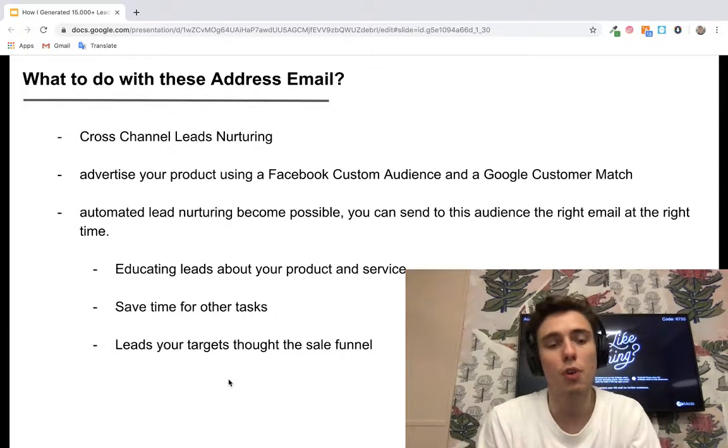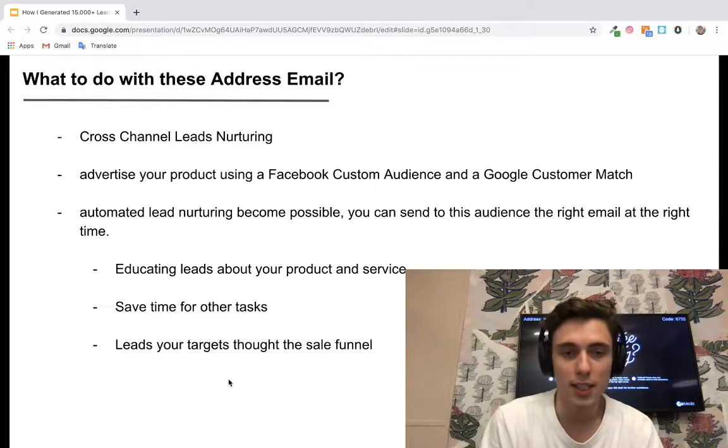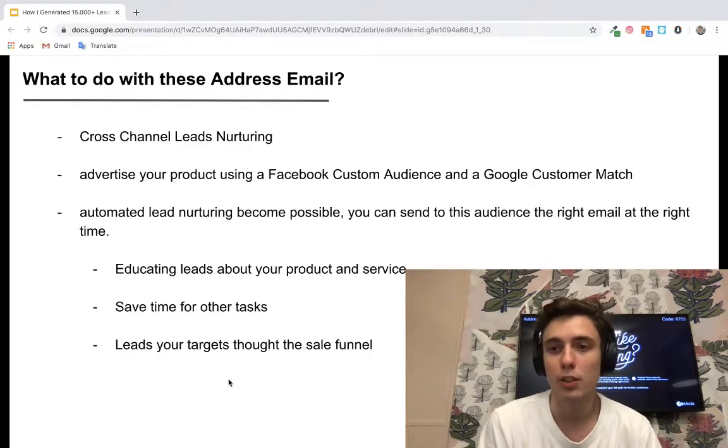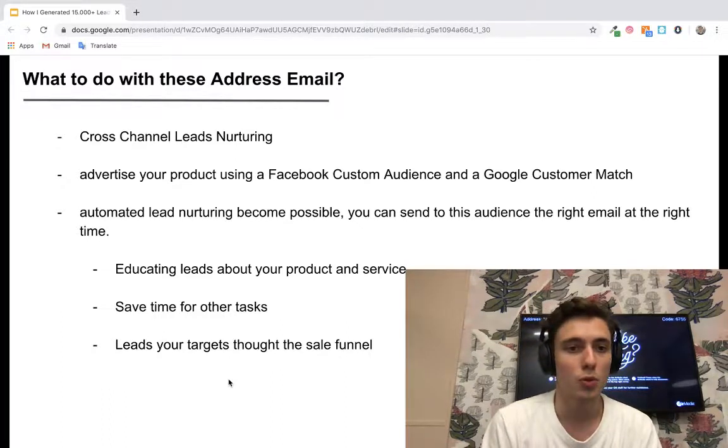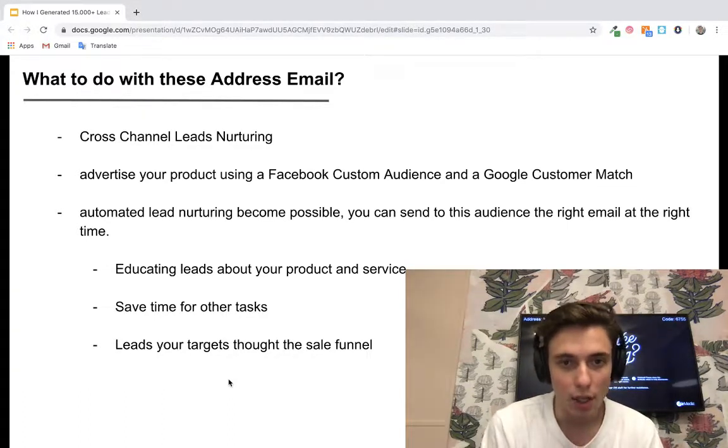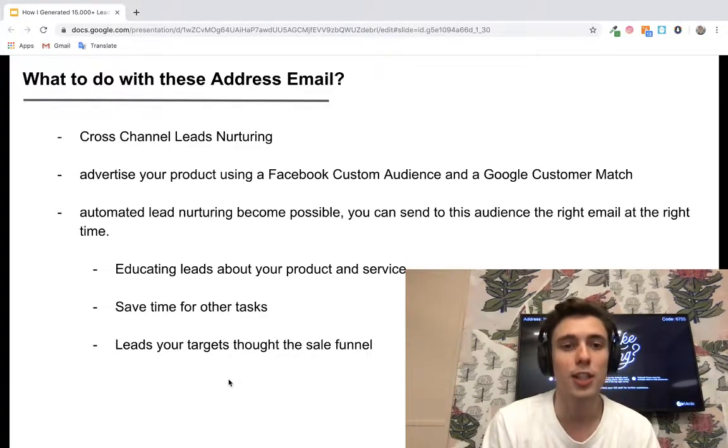What you can do with all these email addresses is easy. You can use retargeting on Facebook and on Google if you upload all the email addresses, but you can also automate an emailing sequence, and this is really efficient if you want to enroll people into joining a webinar or something like this.